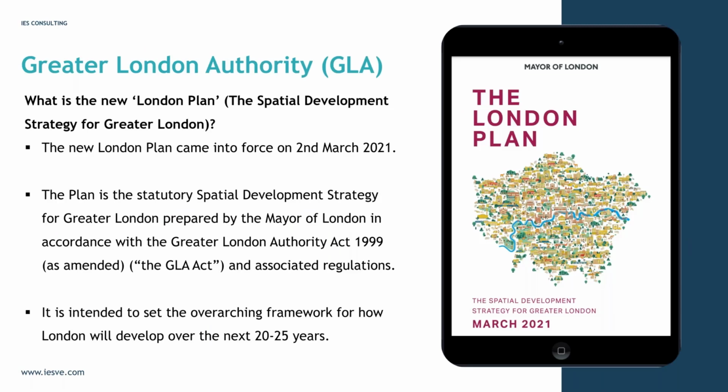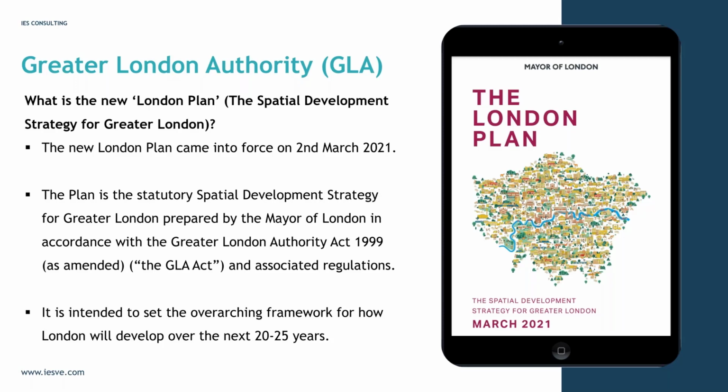So looking at the plan, let's start with an overview. This will aid us to understand why we're interested and what its origins are. The London Plan represents a development strategy for the Greater London area and is written by the Mayor of London and in turn published by the Greater London Authority. The regional planning document was first published in final form on the 10th of February 2004. Since then, we have seen tweaks and amendments to it along the way. The new 2021 London Plan came into force 2nd of March 2021.